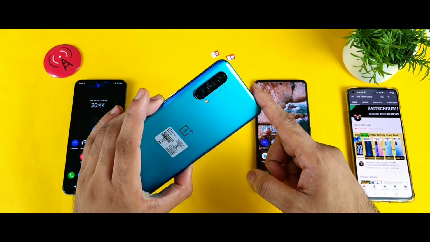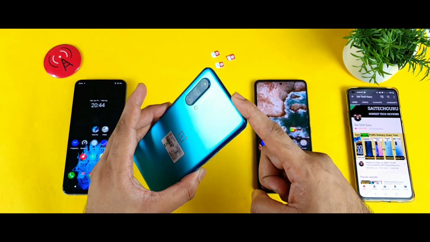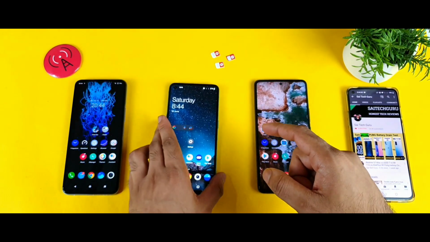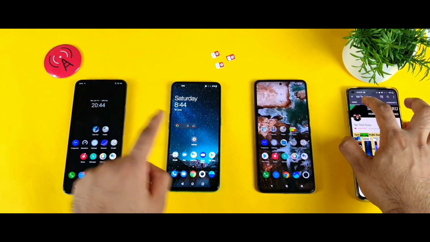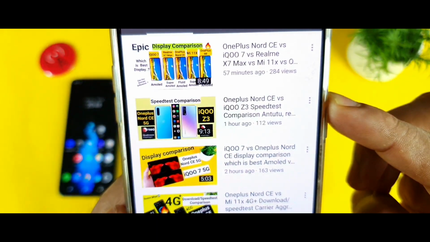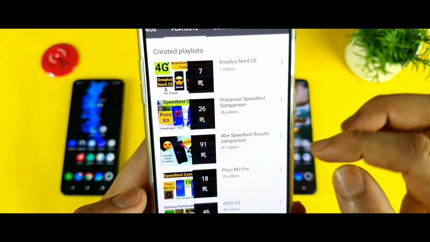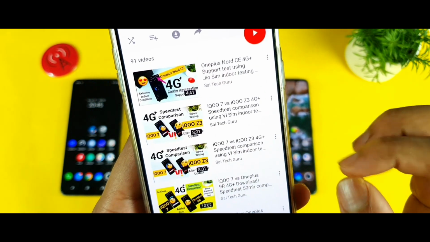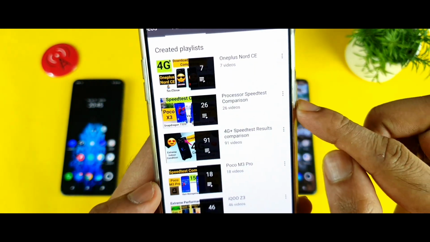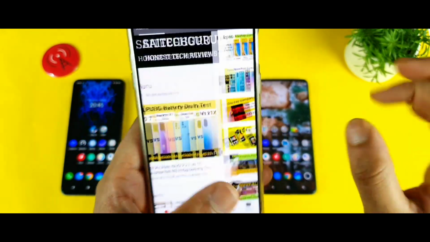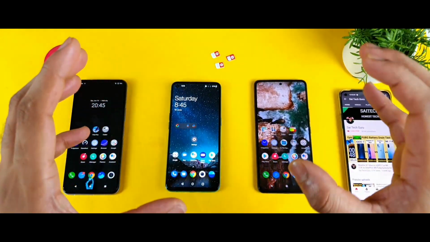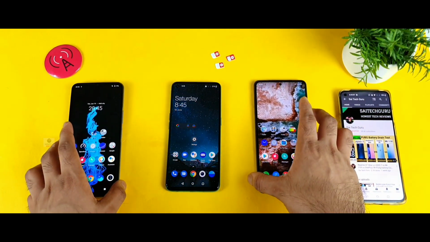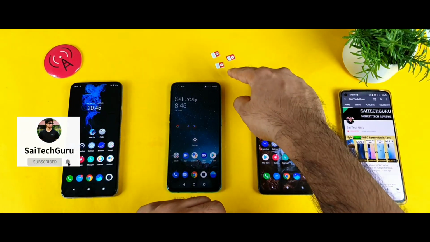This is the OnePlus Nord device, which I started to test with in-depth reviews, and I uploaded the side-by-side speed test comparison as well. So make sure to check that video, friends, in case you haven't checked it. That will be really interesting. And all the 4G plus lovers, make sure to check the playlist which I have created only for you all. This playlist will give you a clear idea which phone has got what kind of performance. These are extreme indoor conditions in which I'm trying to do this kind of testing.